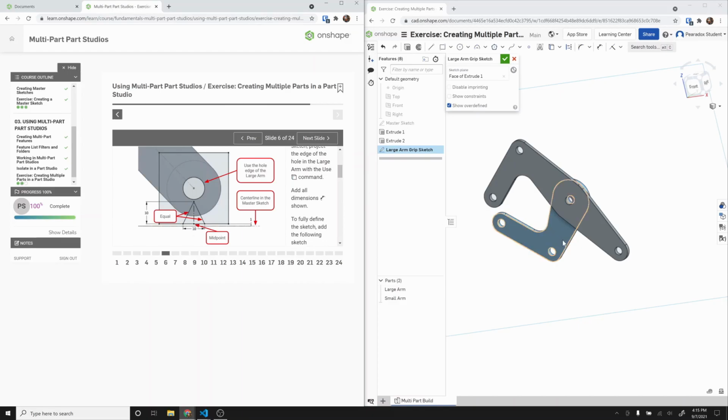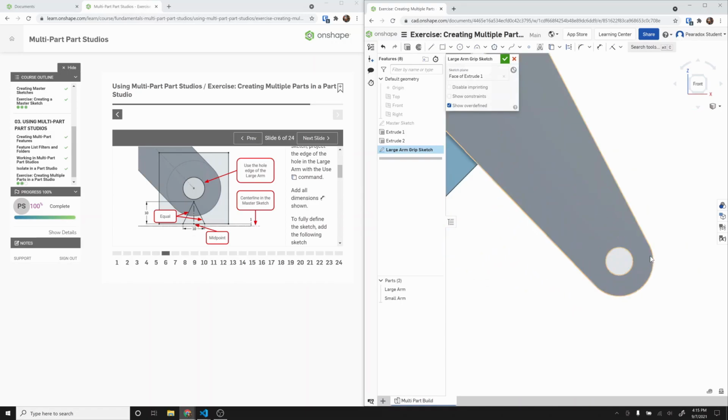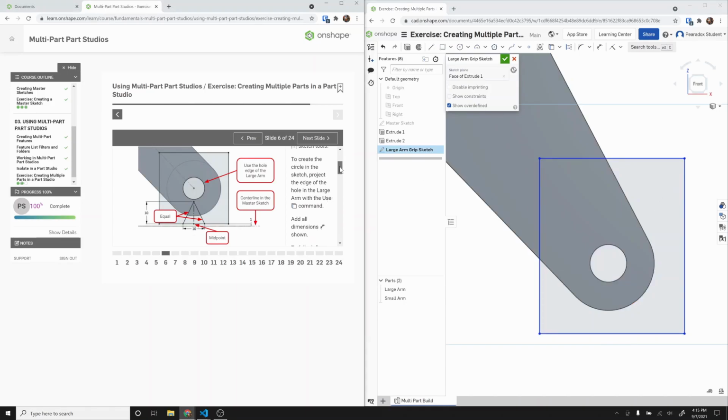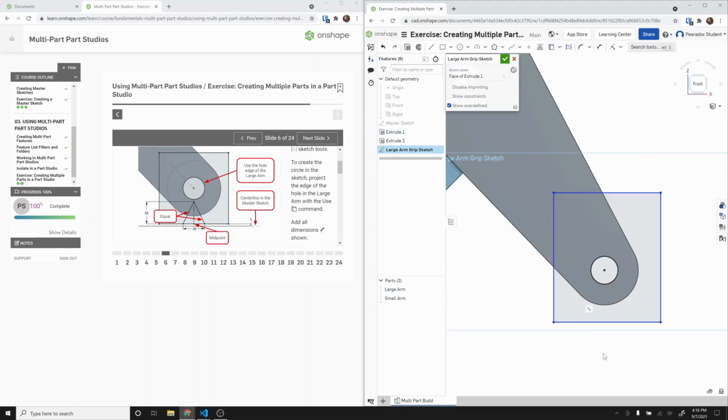All right, so where are we at here? It looks like we're down here at the bottom. So I'm going to zoom in down here. And we want, looks like a rectangle over here. And let's see, it said, to create the circle in the sketch, project the edge of the hole in the large arm. So we want to select this and right-click Use. And then we want to set a dimension here of